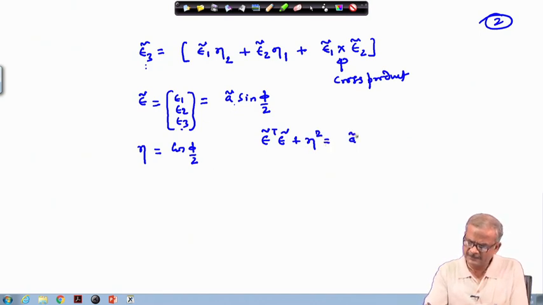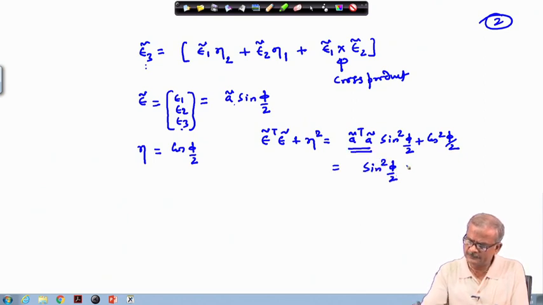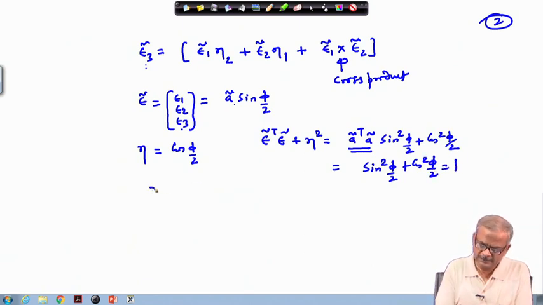So, this will be A tilde transpose A tilde sin square phi by 2 and this quantity then becomes cos square phi by 2. This quantity is 1 and therefore, this gets reduced to sin square phi by 2 plus